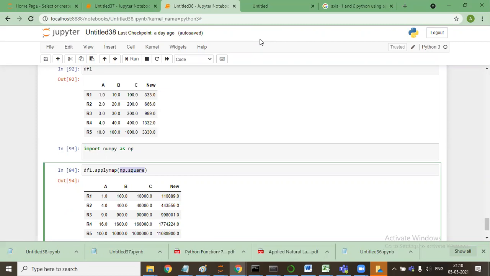Pandas plotting itself uses matplotlib on the backend. Are you guys with me? Yes, sir. Okay, so now I will start with the basics of matplotlib, seaborn, and some other plotting libraries.